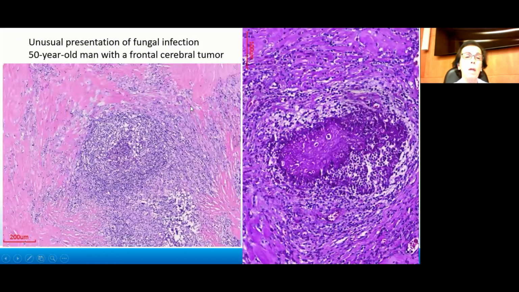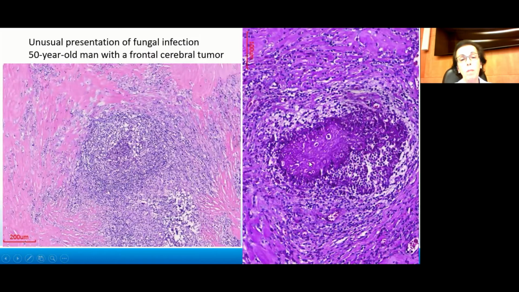Just now an unusual presentation of fungal infection. This was this year, in the beginning of the year, a 50-year-old man with a frontal cerebral tumor. When I saw the histology, there was extensive fibrosis. In fact, most of the specimen was pink, like here on the left, but we could find a small microabscess,